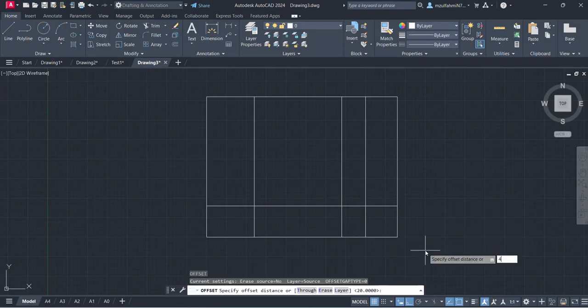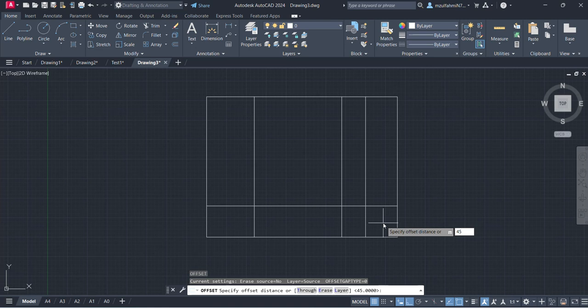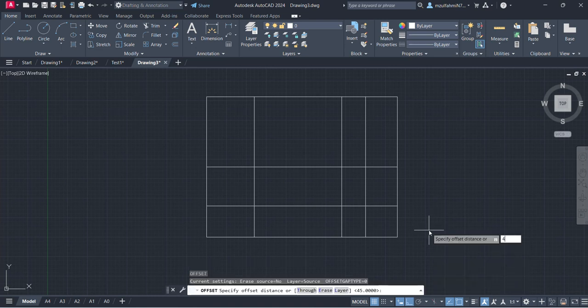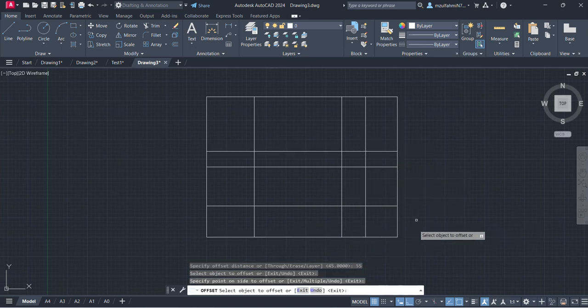O enter, 45 enter, and then O enter, offset for 45, enter. You must create again, and then escape, another O enter, 45, 55, 55 enter. You can also create like this, but it will take a longer time. But you can choose, just as I said just now,